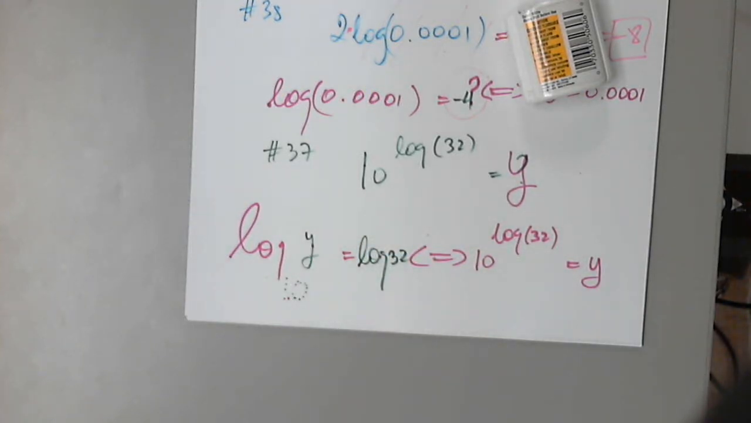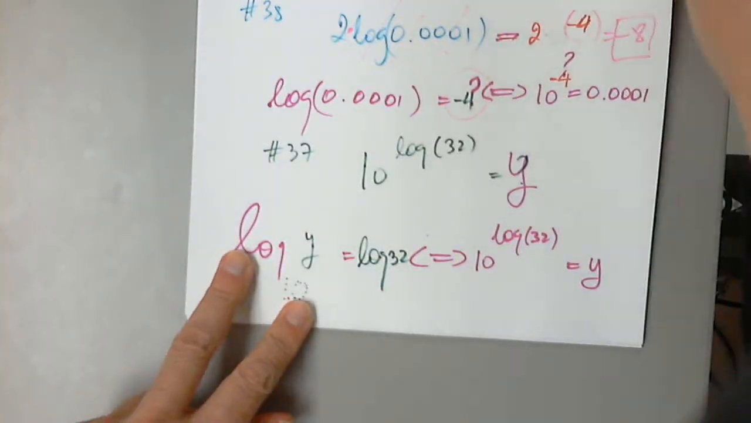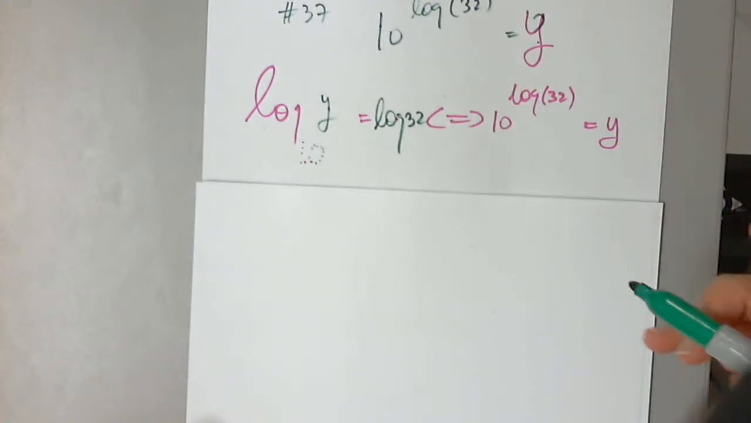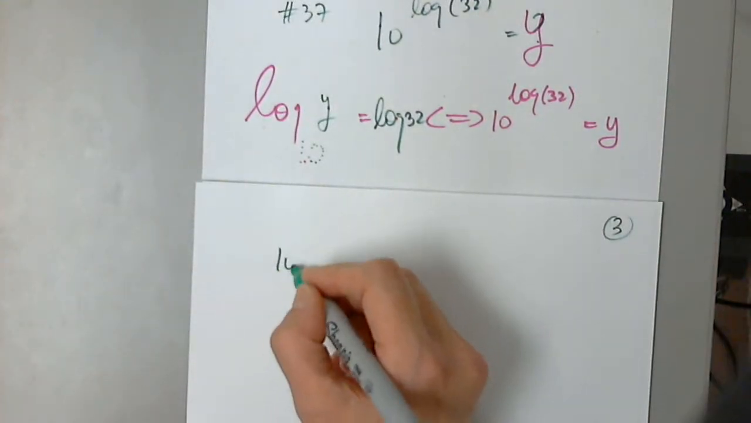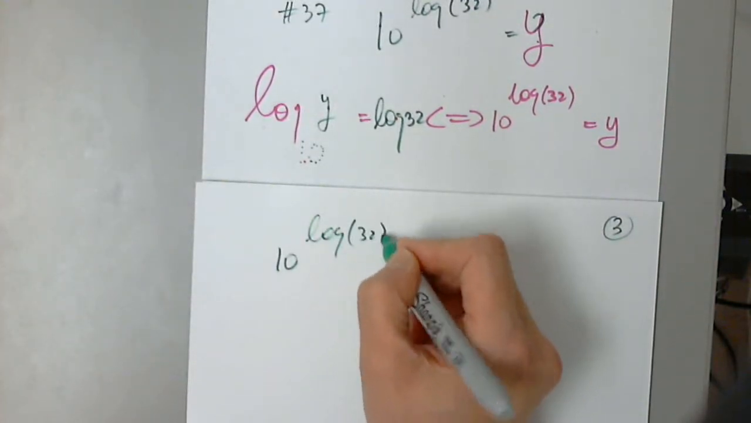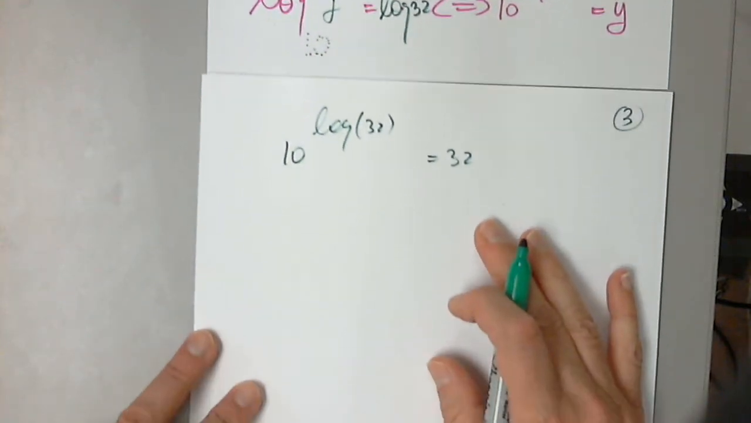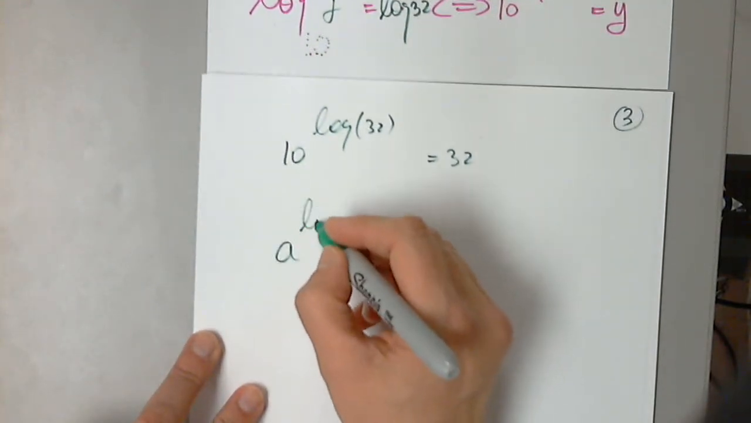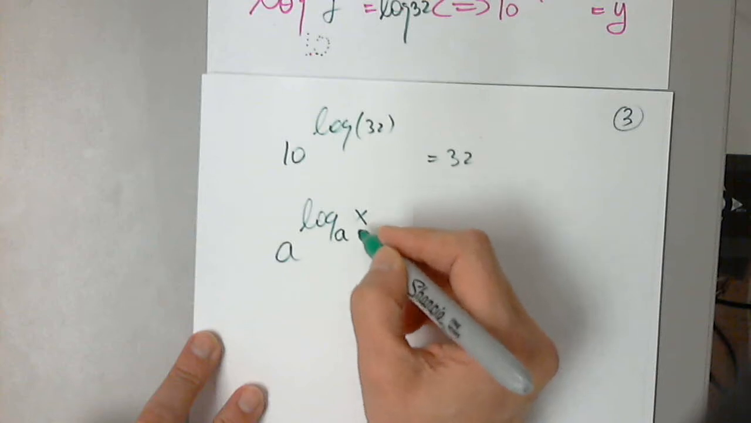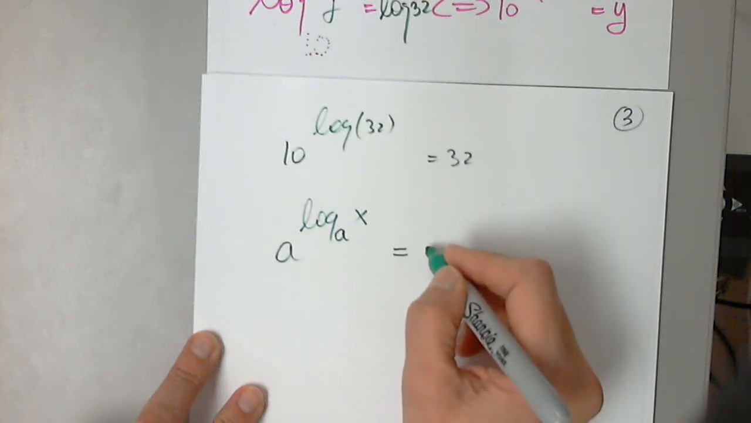Let's compare. Log base 10 of y equals log base 10 of 32. What can y be? 32. So that's why the answer of 10 raised to the common log of 32 is 32. And here's the property in general. So 10 raised to log 32 is 32. And here's the property. A raised to log base A of x is